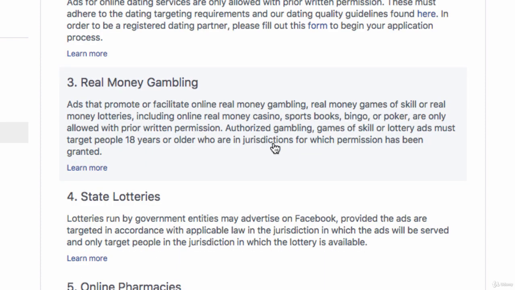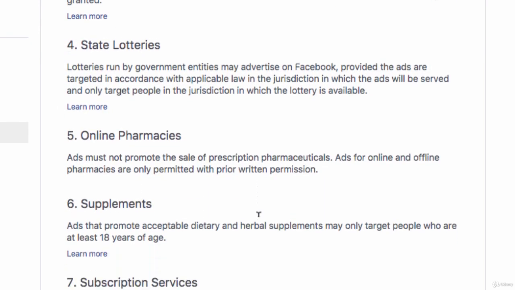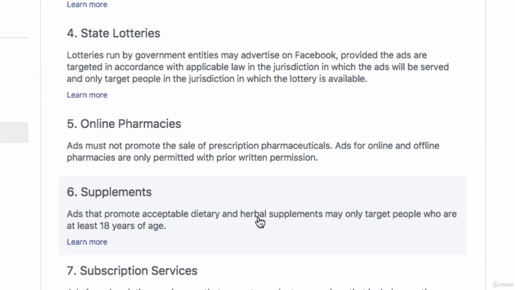Other types of restricted content include online pharmacies and supplements. If you're in this business, once again, it's good to come in here and really check before you go through that process of setting up your ads, doing all the targeting, only to get not approved at the end of all of that. So prohibited and restricted content are the big policy areas that you'll want to review.